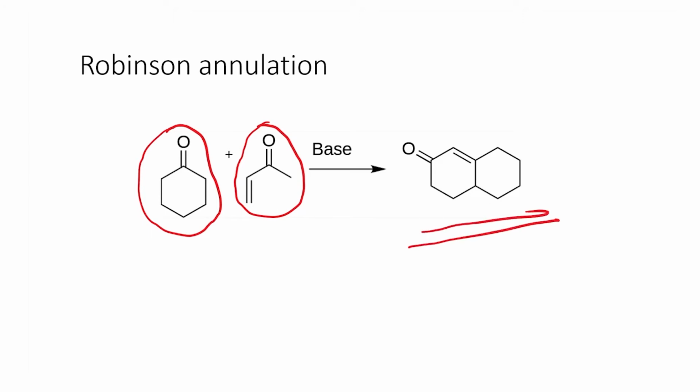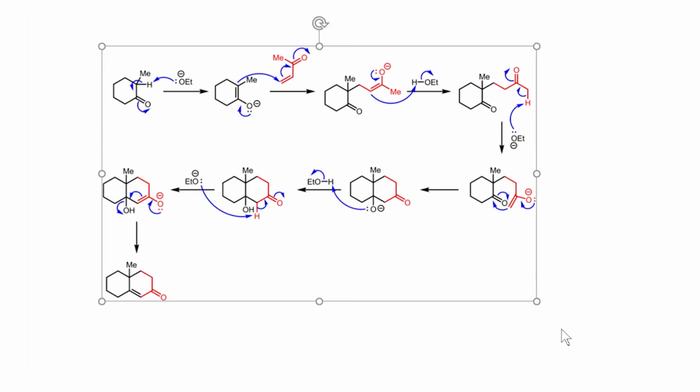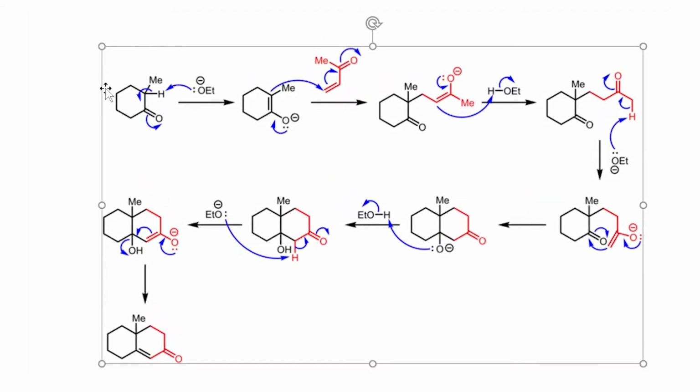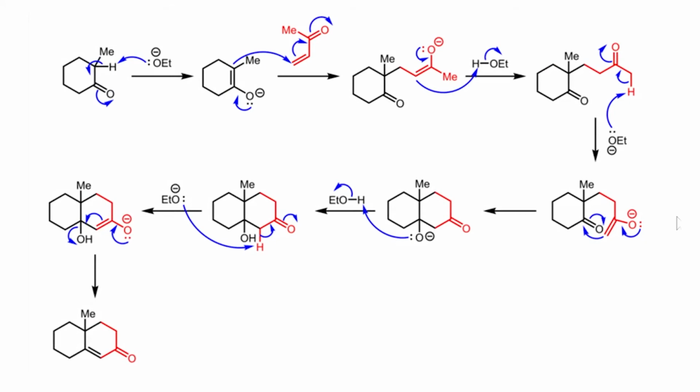Now, I don't have any byproducts written here, but the first obvious thing that I would propose is that in the presence of the base, you're going to have a deprotonation of the carbonyl compound. So let's start with that and move forward with the mechanism. You have here the reaction of the cyclohexanone compound, and this is going to generate this enolate over here. In the example that I'm showing you, there's an additional methyl group. So here ethoxide attacks and it forms the enolate as shown here.